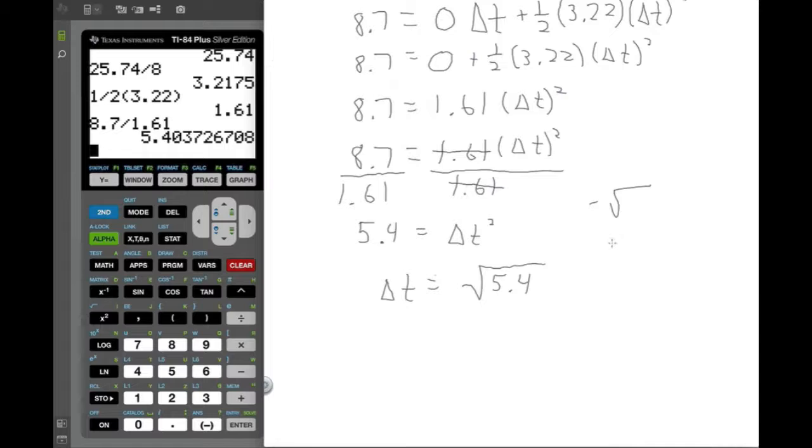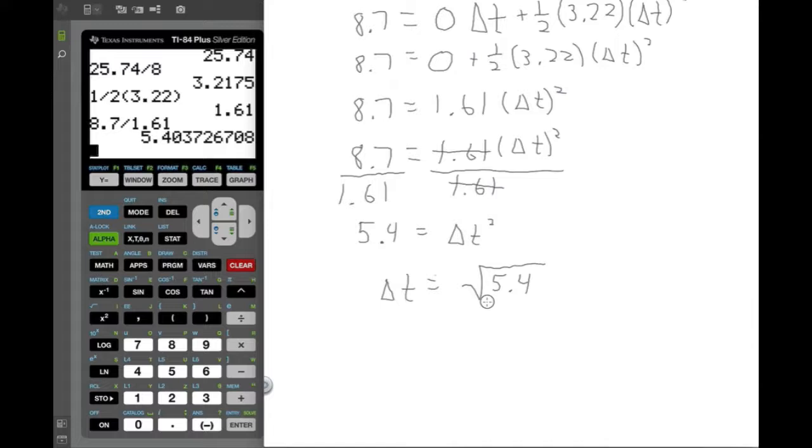This symbol means the negative square root, and the radical symbol by itself already means the positive square root. So I don't need a plus sign here. The radical symbol by itself means the positive square root. You might think that I'm being overly careful about that, but there are other times in physics where